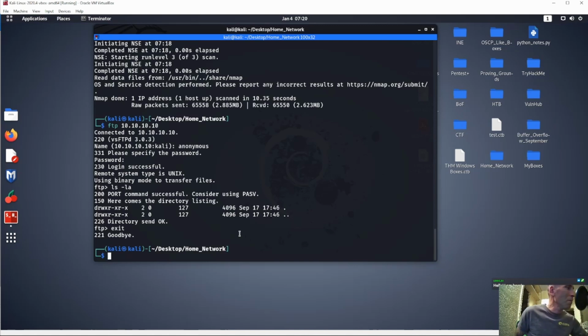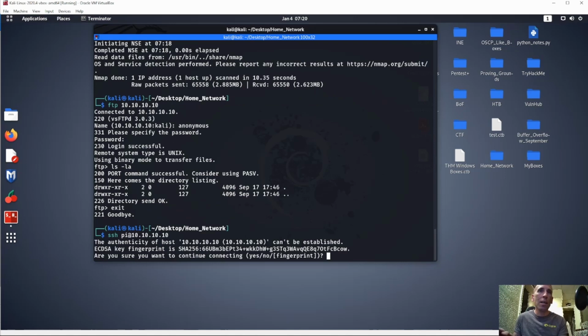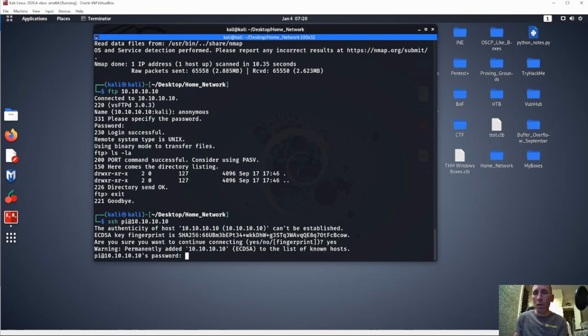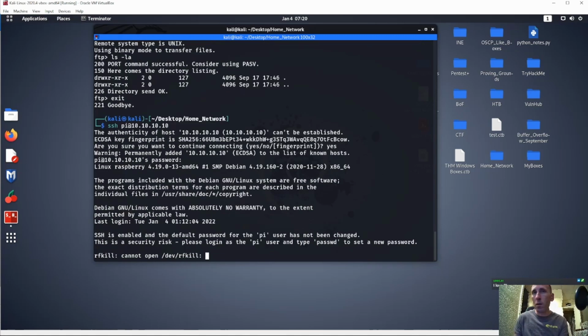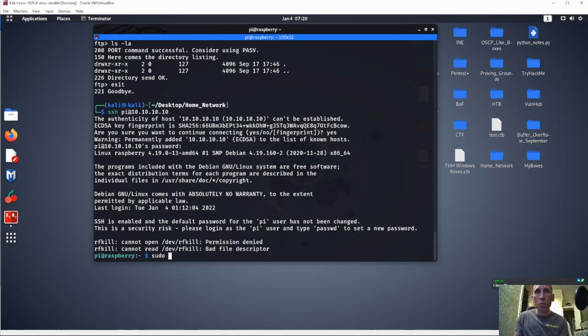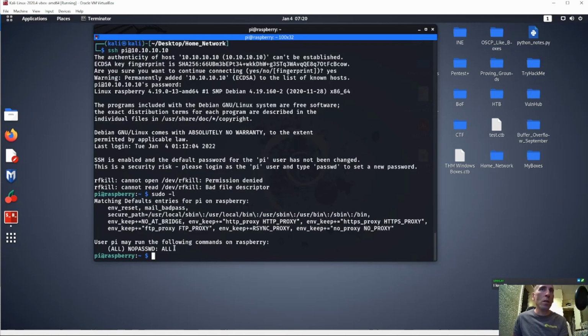I'm not going to spend a bunch of time on that, so I'm just going to go ahead and use the default credentials. If it's a Raspberry Pi, and I know it's a Raspberry Pi, go ahead and SSH as pi at 10.10.10.10. The default credentials are raspberry. So you guys know, if you ever set up a Raspberry Pi, it's pi and then raspberry. Okay, we got it there. Let's do a sudo -l, and we can see we can run everything, right? Like I said, this is not